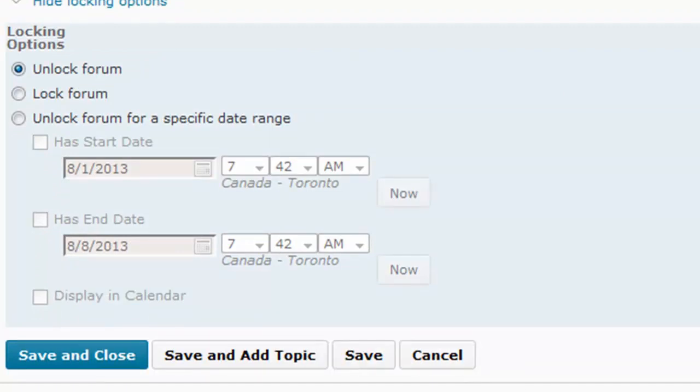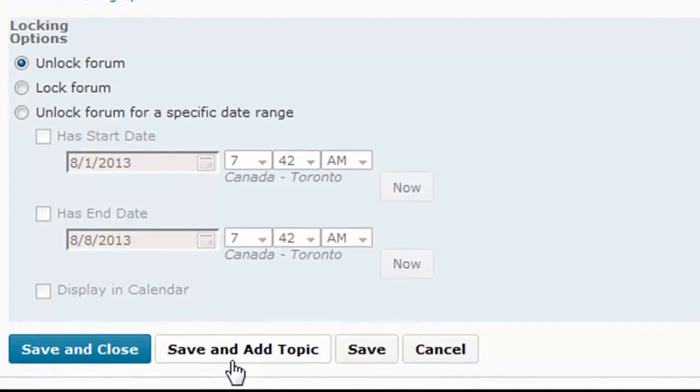And then you have a few options. You can save and close, or save and add topic. So if you didn't select the option to create a topic with the same title at the top of the page, you would want to select this option because you'd want to go on and add your topic so the students can begin discussing things within this forum. I guess the third option here is just a save or a cancel. But what I'm going to do is press save and close